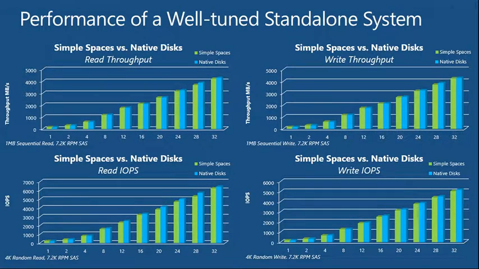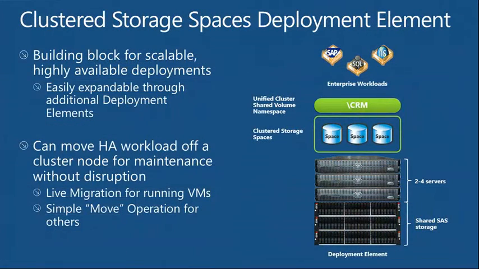And so now think about this where you basically have a clustered storage space deployment, where you now have 2 to 4 servers that are inside a rack that have networking connectivity down to the shared SAS storage. Basically all 2 to 4 of those servers have access to the same pool of disk. You then are able to go off and set up a highly available workload of a file server, let's say. And once you have a highly available workload of a file server, you can serve up that disk